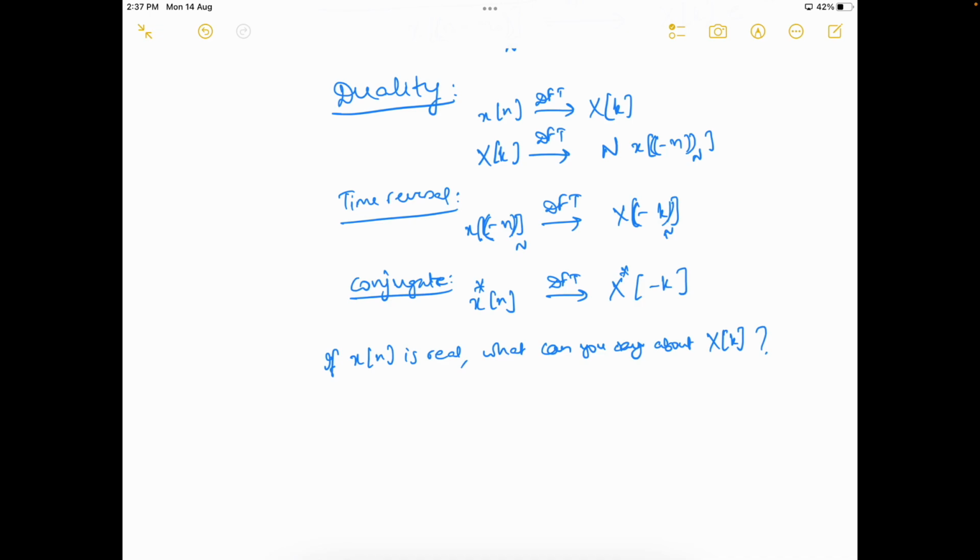Then what can you say about X[k]? X[k] conjugate equals X[-k]. Oh, you remember from the past course. It can be derived, but how could you tell me so quickly? Basically your x*[n] is equal to x[n], so X*[-k] is equal to X[k]. Yes, it is obvious. You can see from here. Okay. So basically your X*[-k],